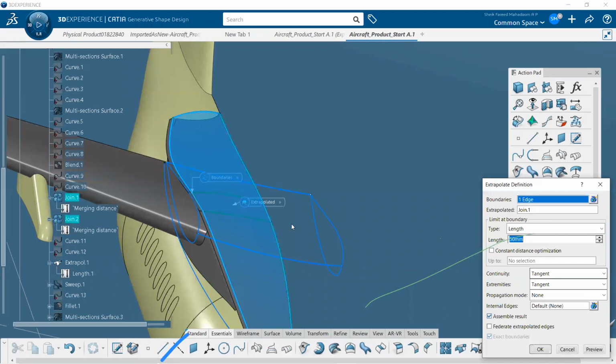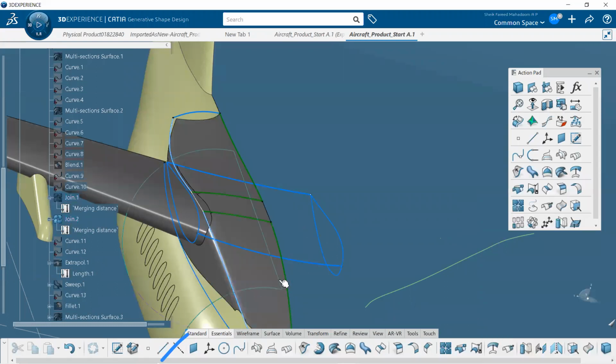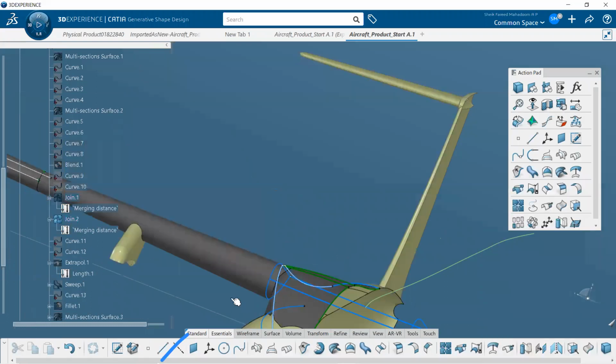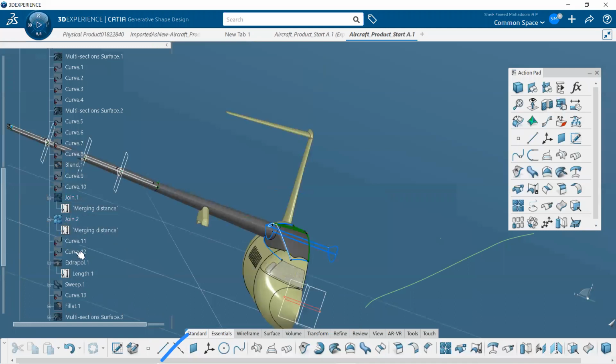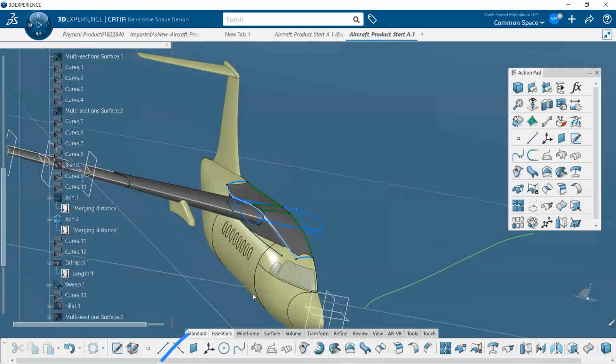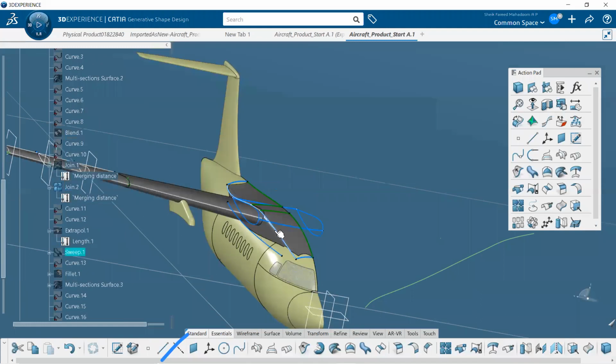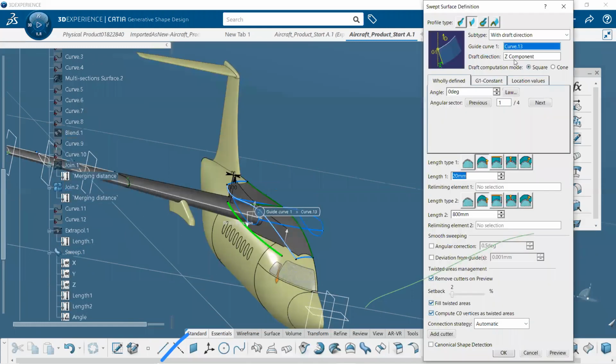The surface is fine. Then I need another surface which is perpendicular to this created surface. So from this profile I selected the sweep option. Since this is a slightly inclined profile, I used the sweep option called with respect to draft direction.